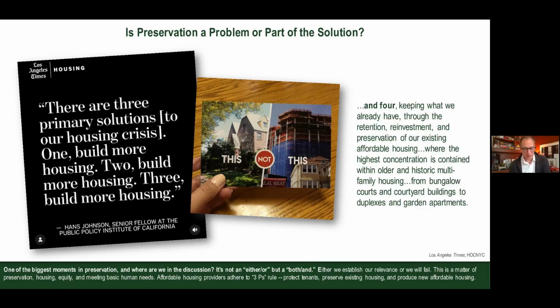It's also this question that we're often confronted with, which I'm guessing many of you on this call are also confronted with, is this idea that it's framed as sort of a false choice, that it's an either or rather than a both and, meaning that either we do preservation or we do affordable housing. And I think that is part of the fundamental problem with this, that it should be a both and, that we can do affordable housing and we can do preservation, and also they're often one and the same.